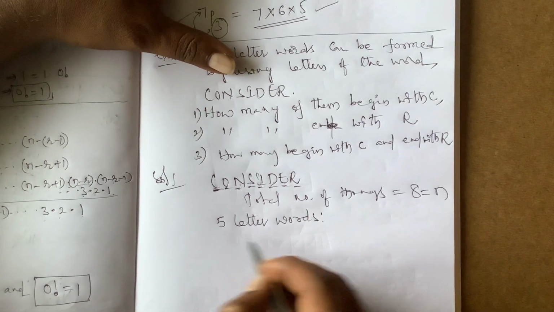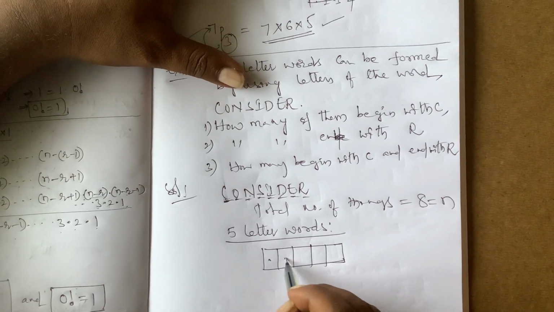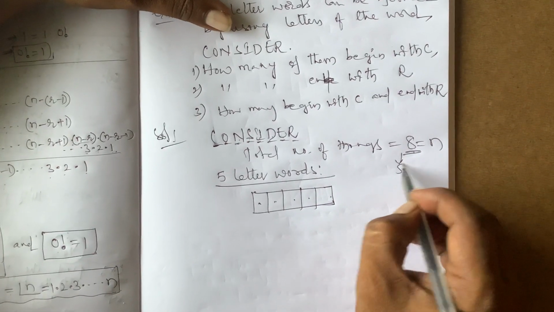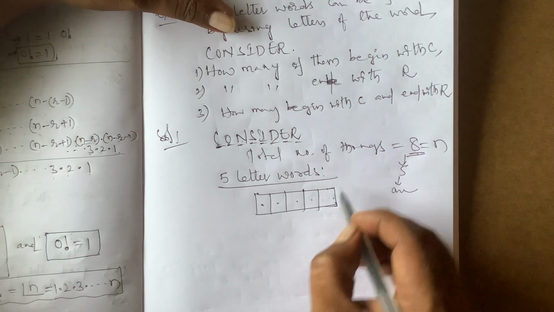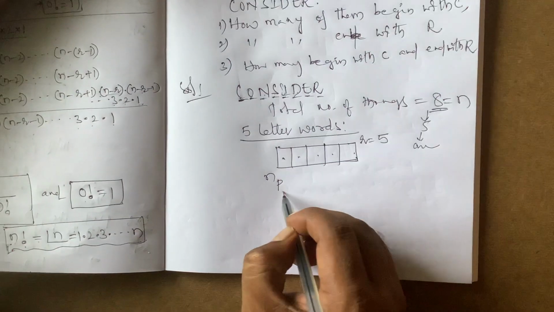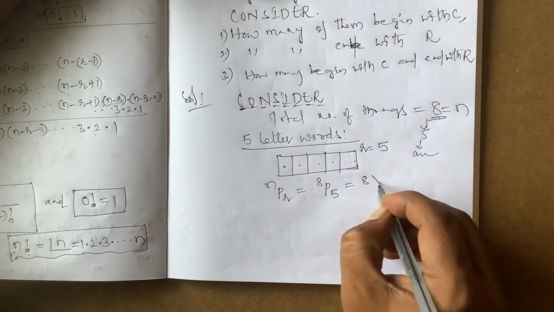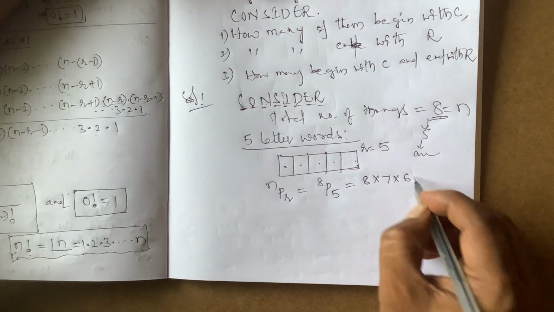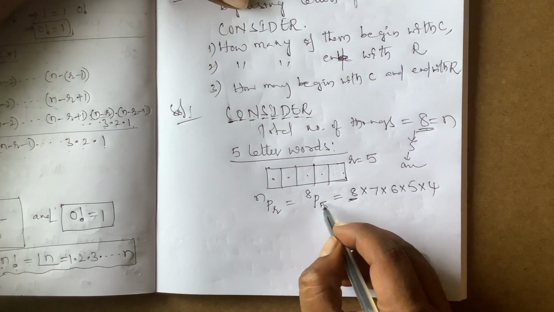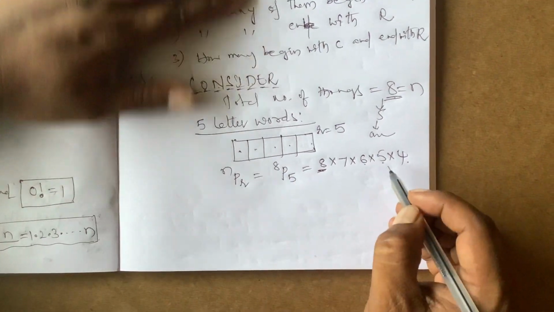So 5-letter words means we have to arrange 5 things. 1 2 3 4 5. So out of 8 I have to select 5 and arrange these 5. Means here r is indirectly 5. So directly, what is the formula? nPr, so 8P5 is the value. 8P5 means 8 into 7 into 6 into 5 into 4. Starting with 8, take 5 factors, 1 2 3 4 5, by reducing 1. Otherwise, the general method; this is direct formula based.